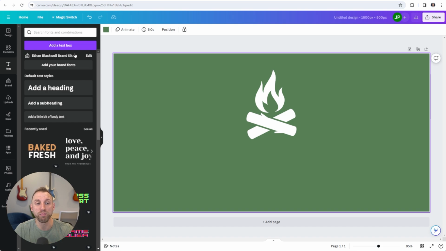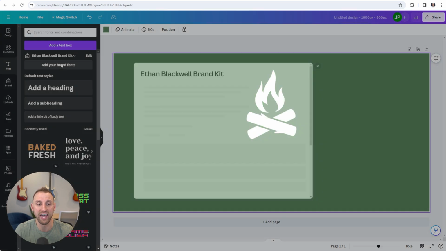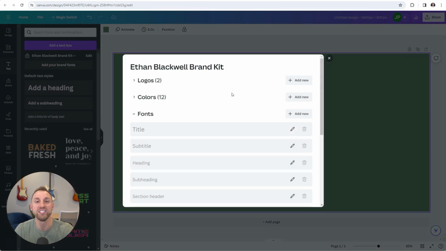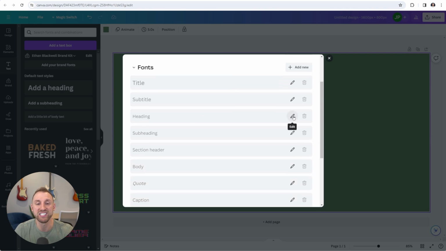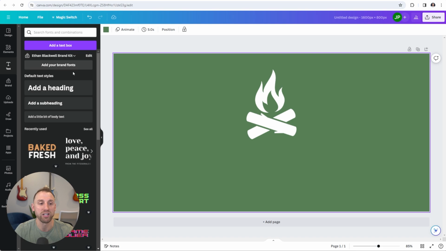Now, since I didn't personally add any brand fonts, it says add your brand fonts here, and you can actually do it from here. So I'm just gonna click that. And so here's a modal showing very similar to what we had on the brand kit page. And you can come in here and you can set specific fonts and different sizes for headings or subheadings or whatever directly through here. But I'm just gonna X out of this modal here,